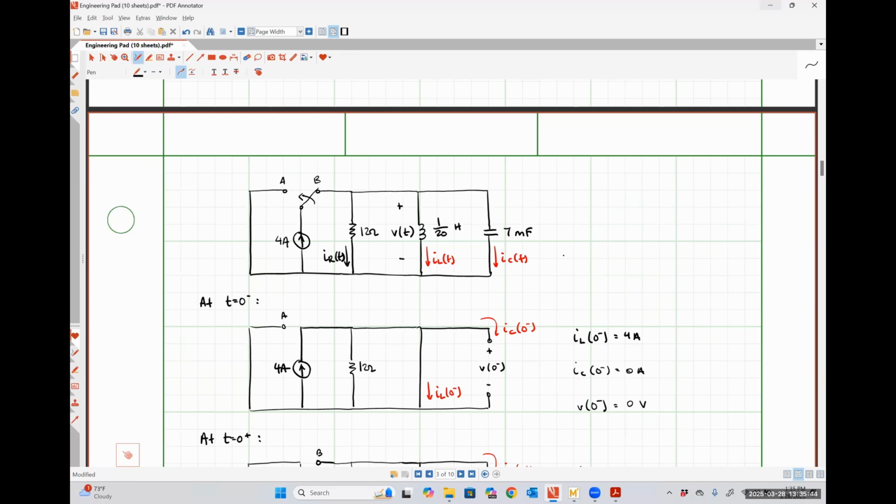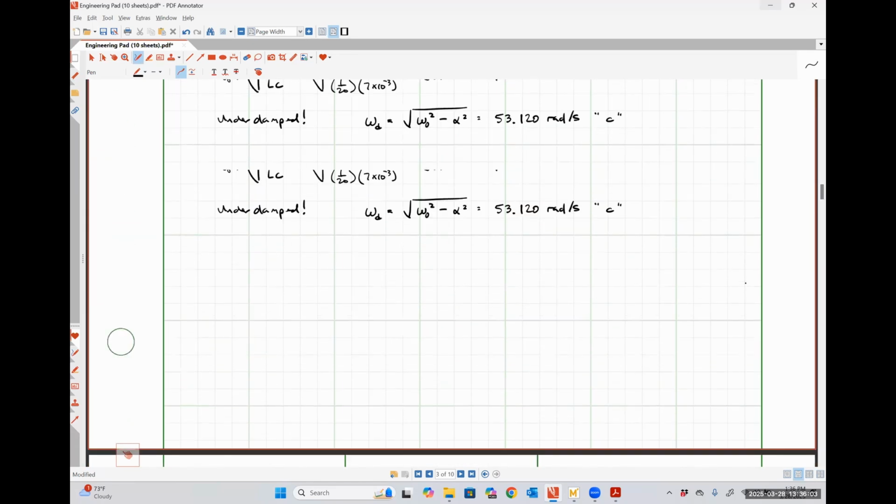I realize we're running short on time, so we might wind up finishing up this example later, but we can make some progress, okay? So since I can kill two birds with one stone just by knowing what my capacitor voltage is, I'm going to treat that as my y of t quantity, okay? So coming way back down here,